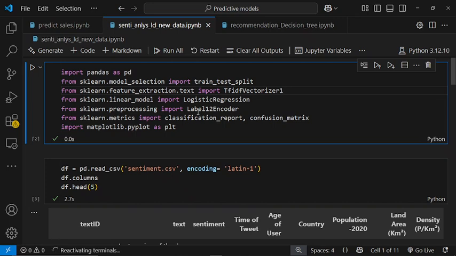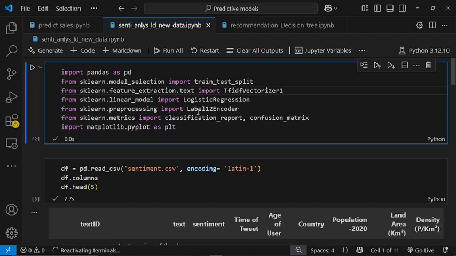And basically, narrowing down to sentiment analysis, it is a common application of NLP, and it involves analyzing text, like reviews or comments in shows or in social media posts, to determine the writer's attitude or the emotional tone